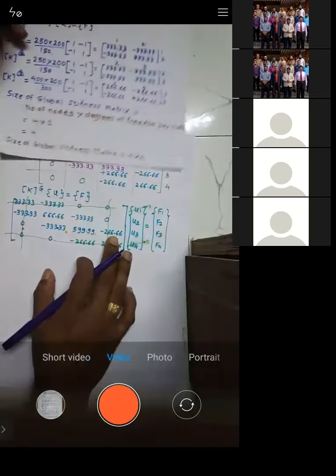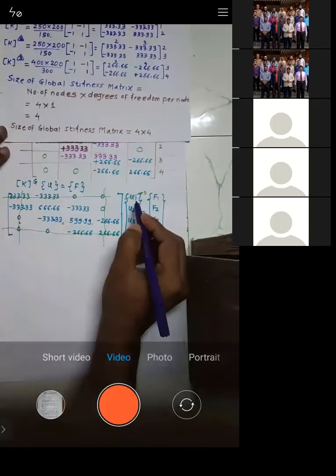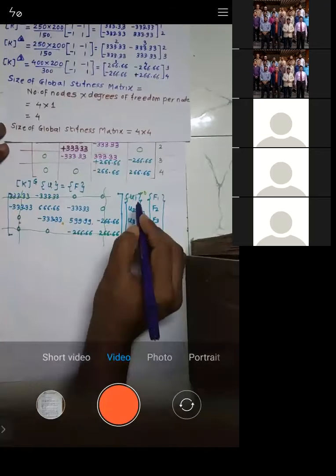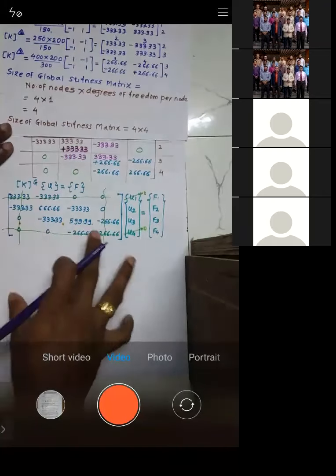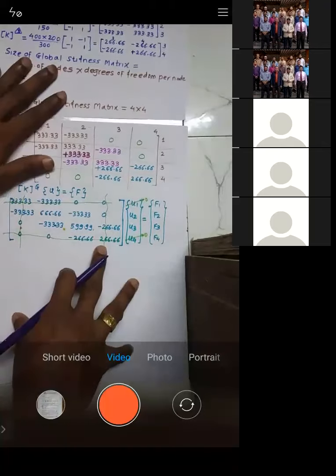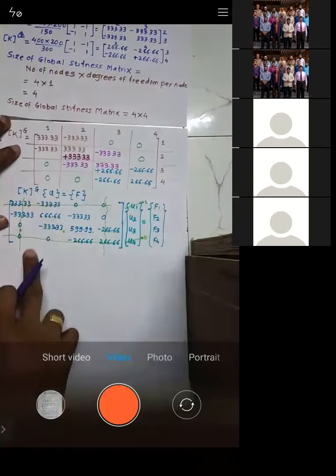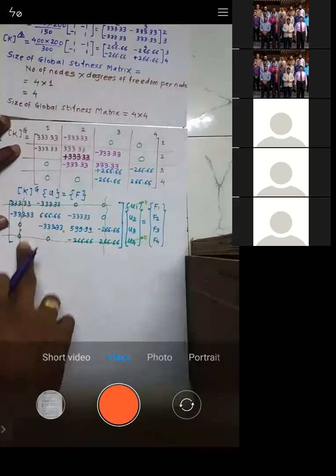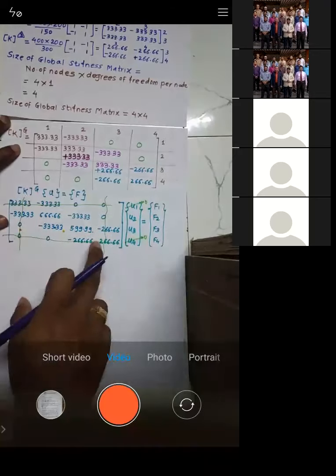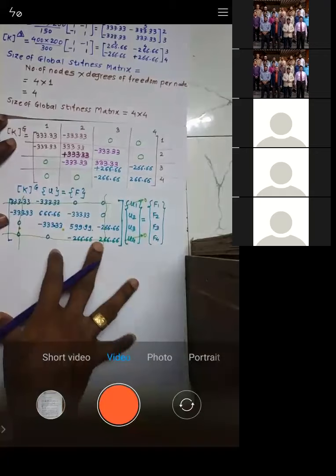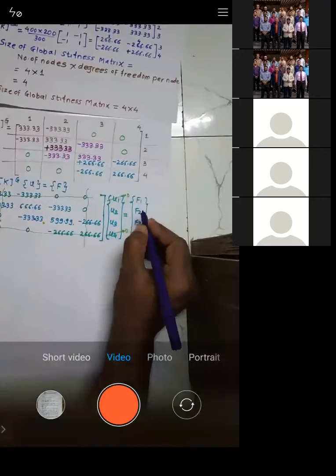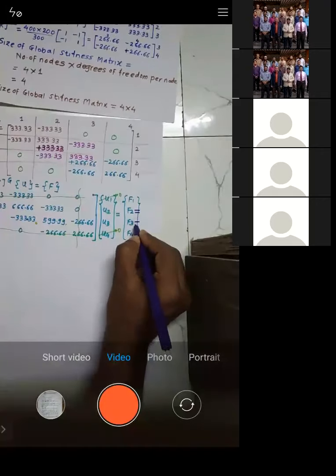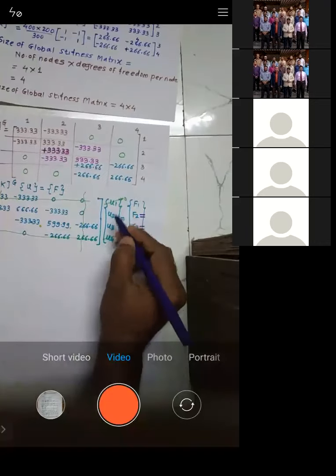Now see, if any one of these variables U1, U2, U3 gets 0, then that row and that particular column get cancelled. This is basically called the Gauss elimination method, right? So U1 is 0, that's why first row, first column is 0. U4 is 0, fourth row, fourth column is 0, right? Now we are interested to calculate the values of U2 and U3. For getting the values of U2 and U3, we should know what F2 and F3 are, right? See, U1 and U4 are 0.